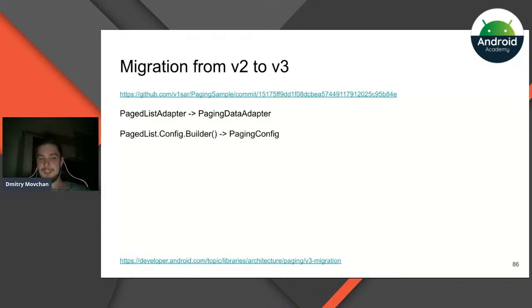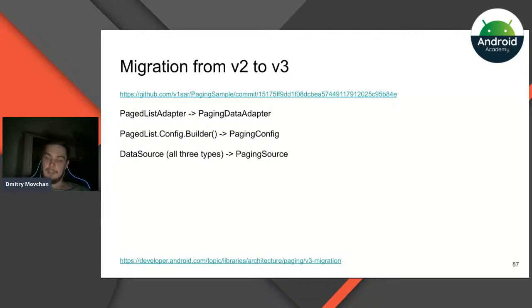Then you should change your config to paging config, easy one, I guess. Now the hard one. Before Paging Library version 3, there were a lot of data sources possible. It was like sources where we are getting integer values and string values and so on. So right now there is only one paging source, and it's really convenient.